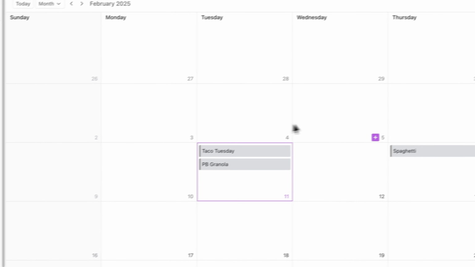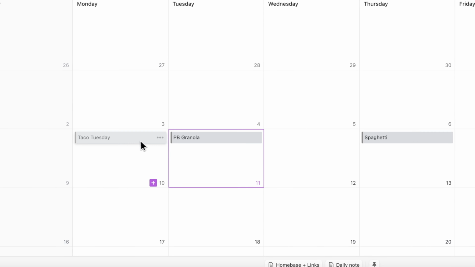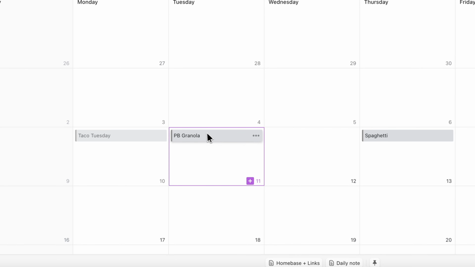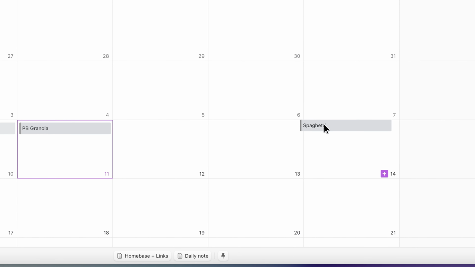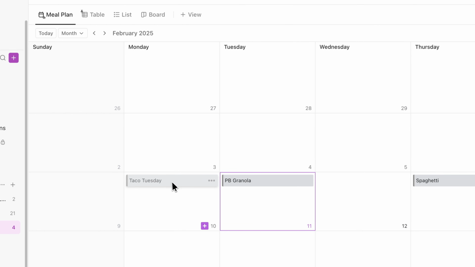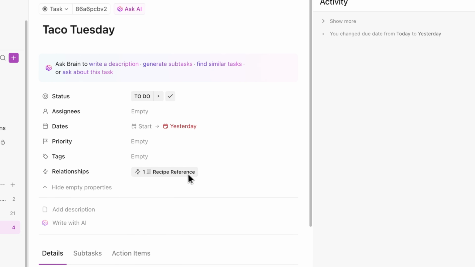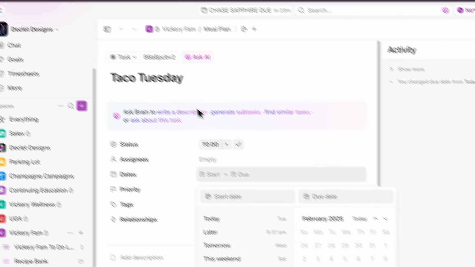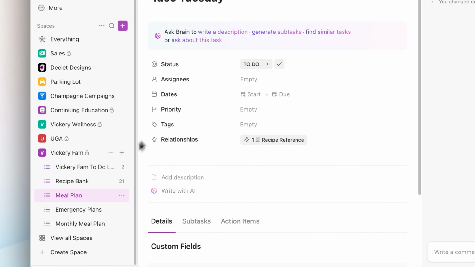And then when you're finished, let's say we had tacos yesterday. Oh, and this is another great feature: if you change your mind, you just drag and drop it. Now it's a different day. So let's say this was the past day, and for whatever reason, you just want to clear it off. All you have to do is clear that due date. Go back to that meal plan,